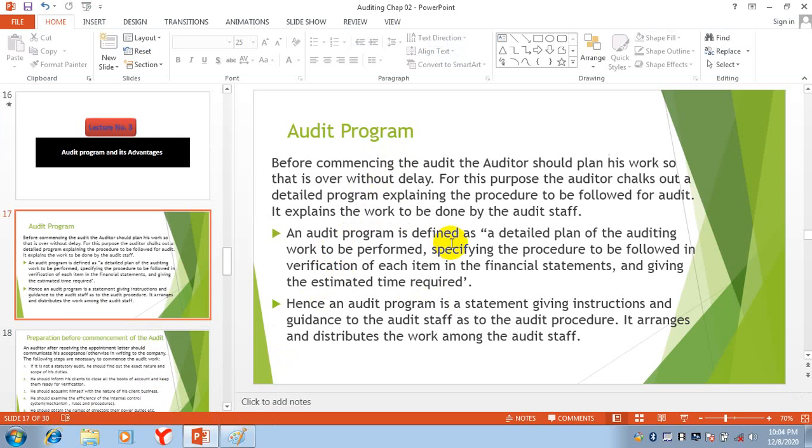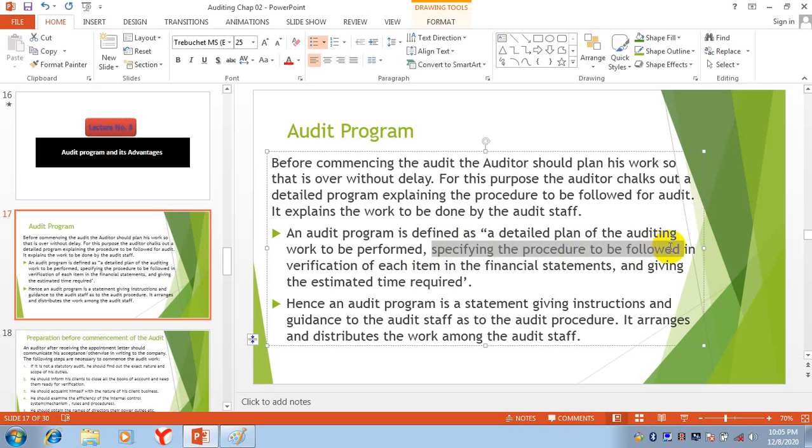So here, the audit program is a detailed plan of the audit work to be performed. In it we specify the procedure to be followed, which procedure will be used in the verification of each item in the financial statements. You will learn about the procedures in the next chapters. We also allocate the estimated time required for each and every item.